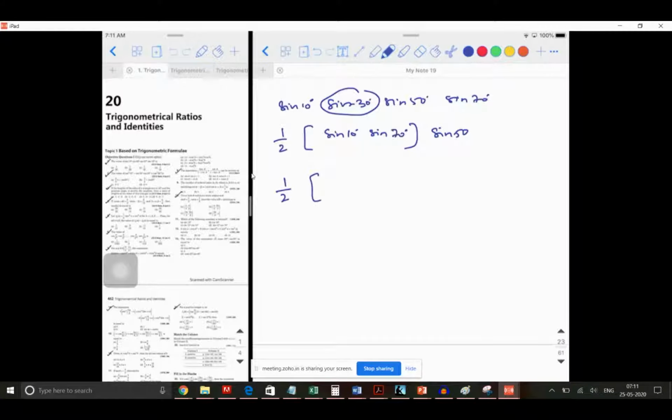What is the formula we need to apply? Cos of A minus B minus cos of A plus B. A minus B means which one do you want to take as A? Sir, you can take anything as A, because cos of a negative value is positive, so it doesn't matter. So cos of A minus B. Okay, I'm taking 60 minus cos. What should I take?